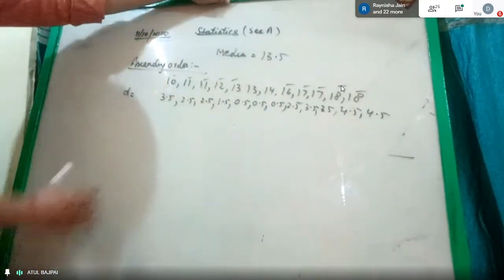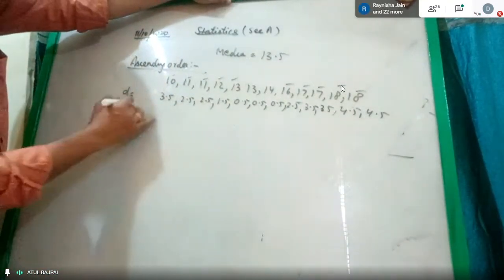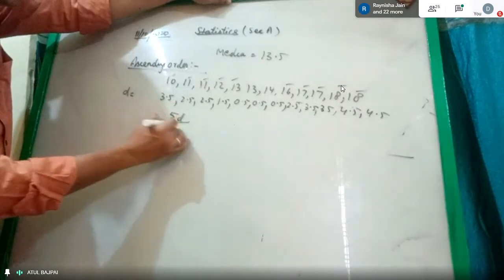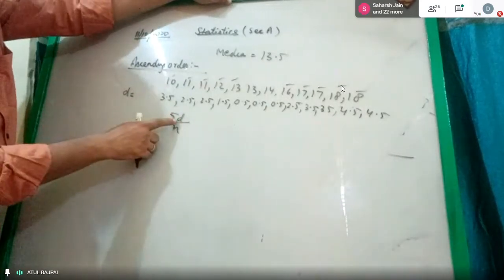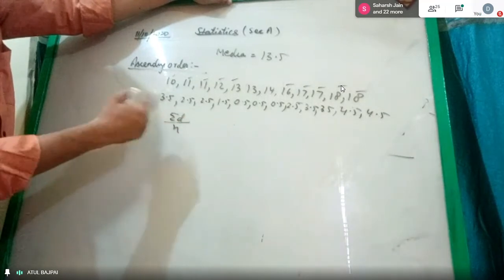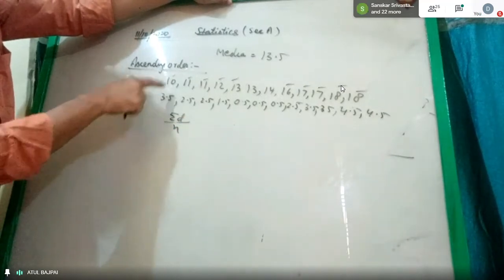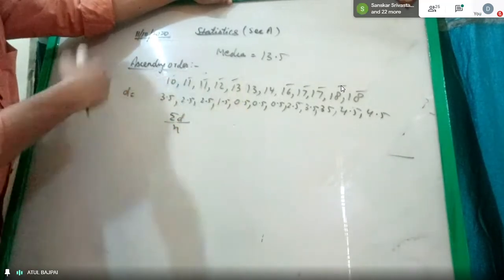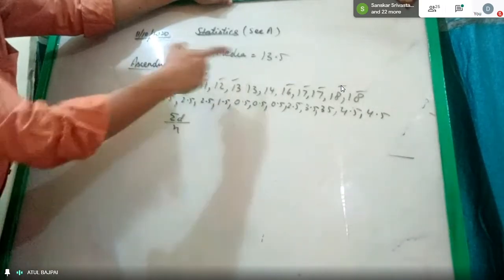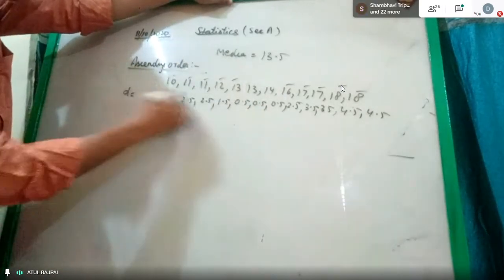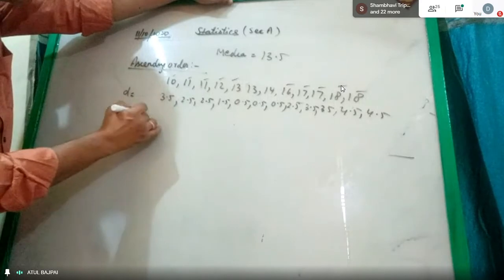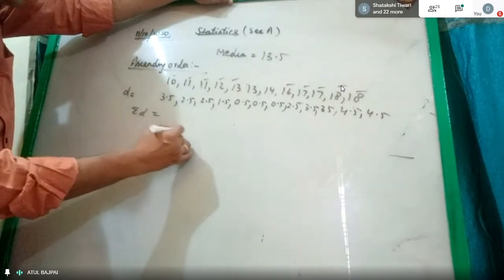Now what do we have to do? We have to find the sum of this, sigma D. Actually, sigma D upon n. You can learn it like this. What is sigma D? D will change. If it is about median, I have to find the difference of the number from the median. If it is mean, I will find the difference of the number and the mean. So we get the sum of this, sigma D. What is the value of sigma D? And then I write MD about median.